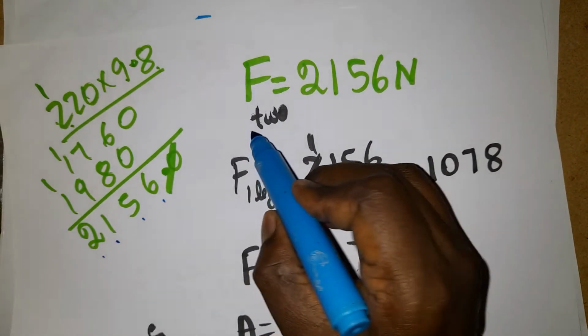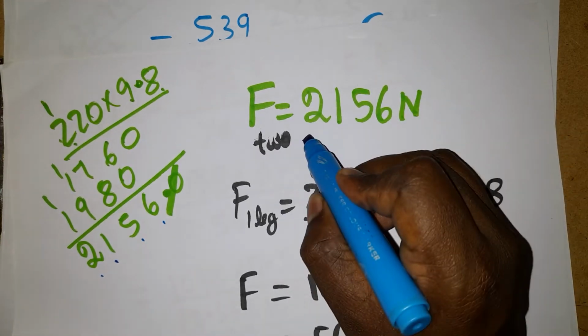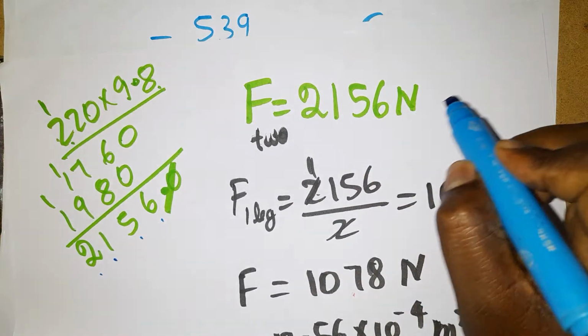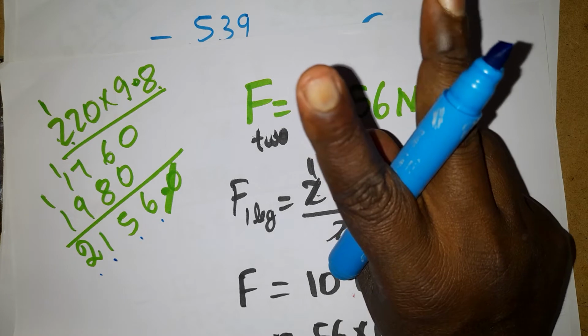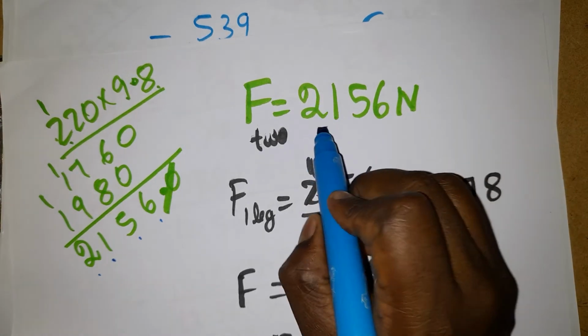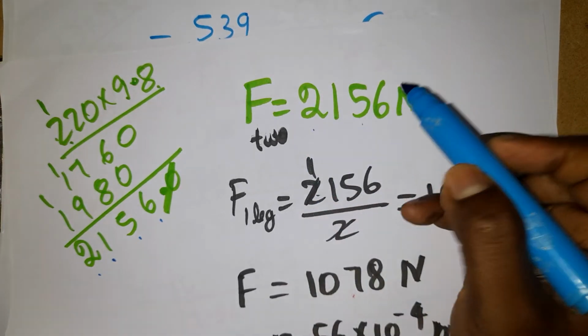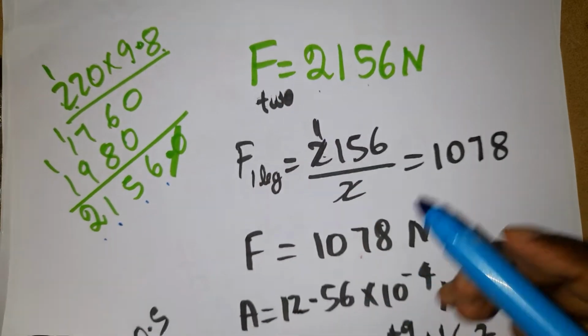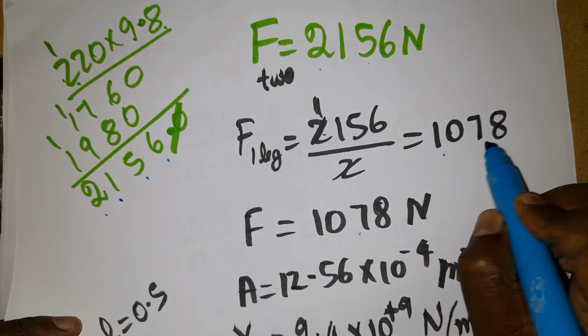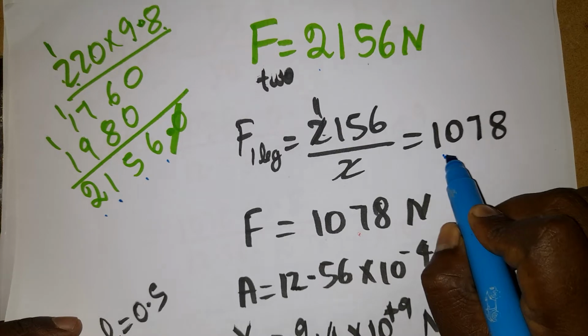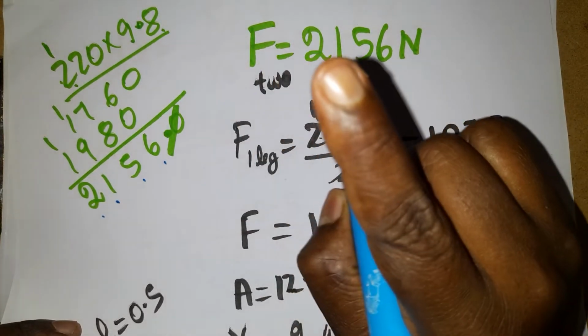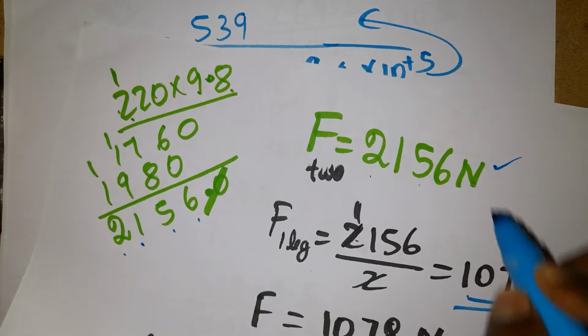Multiplying like this, we finally get 2156. So the total force on the two legs is 2156, as the total performers are held by the two legs. Actually we are going to calculate with a single leg, so divide by 2 and we get 1078. This much force is held by one leg. In case you use two legs, you should use the full force.